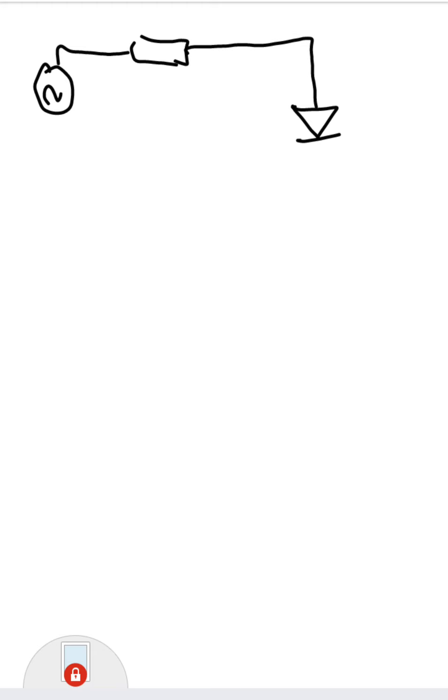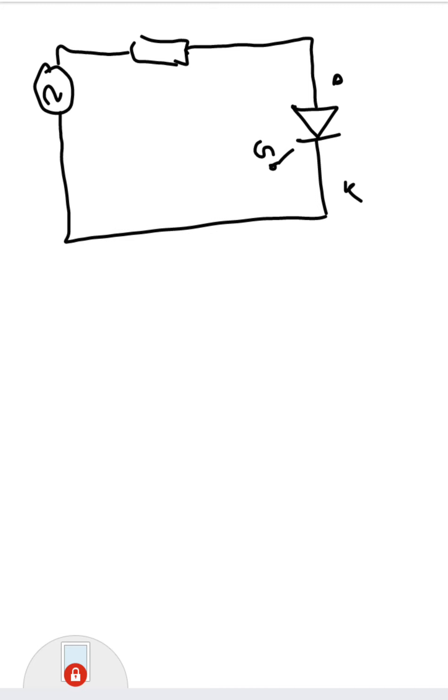I'll draw this. You have an input voltage source, and there is a load, and this is your SCR, with gate terminal, anode and cathode. It is connected back to the supply, and between this gate and cathode you will connect a permanent resistance R1 and a variable resistance R2 for varying the firing angle. You are designing a half-wave circuit, so you are using a diode, and this is the voltage across this resistance R, which develops and will be given to this gate and cathode terminal. Okay, so this is the circuit diagram.